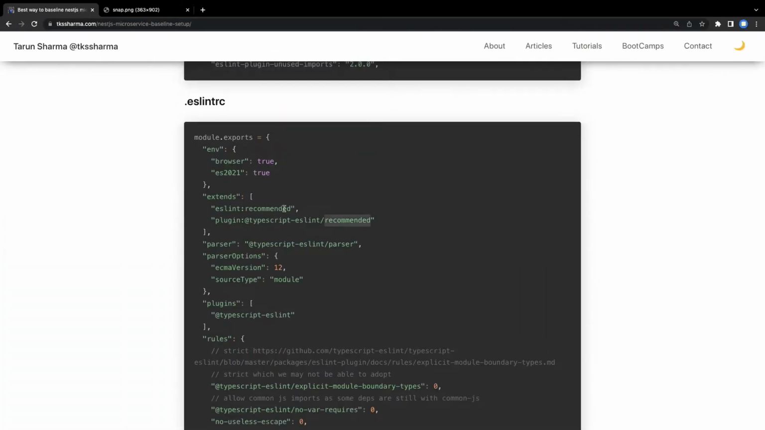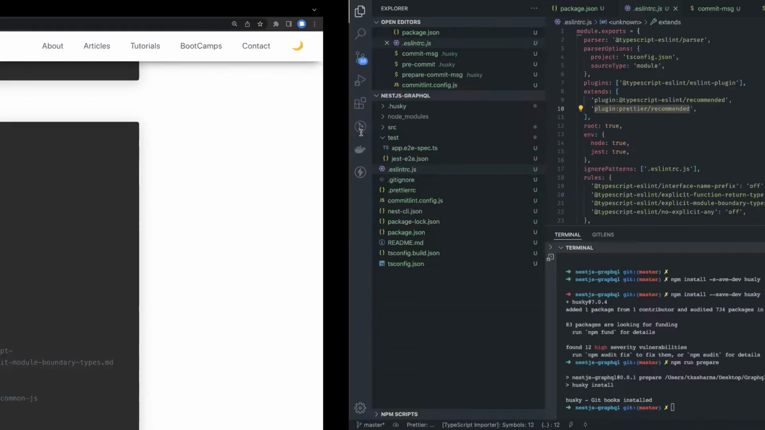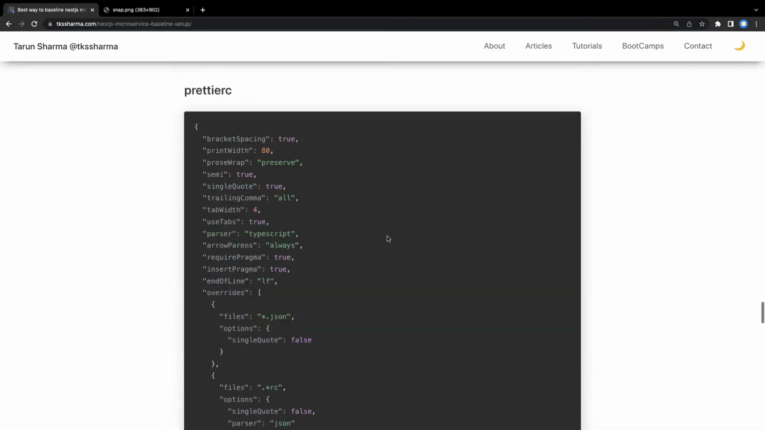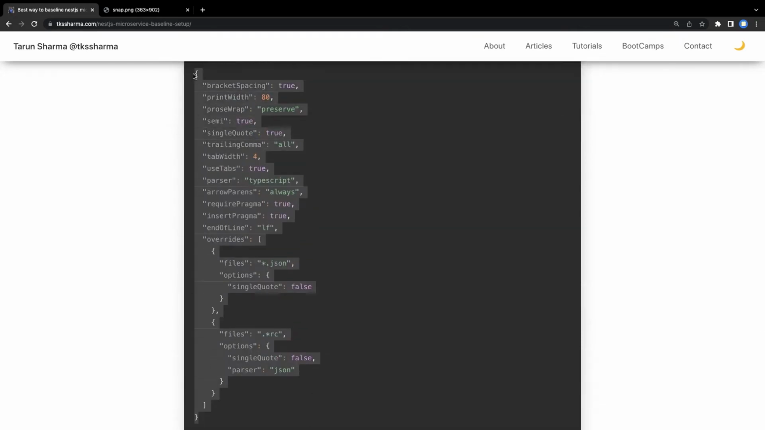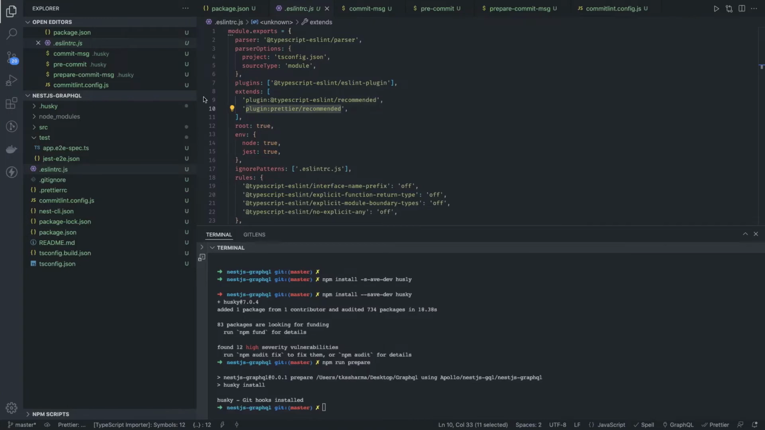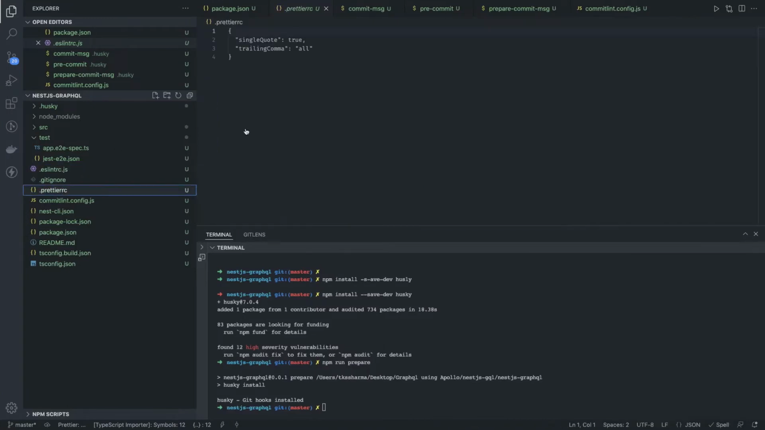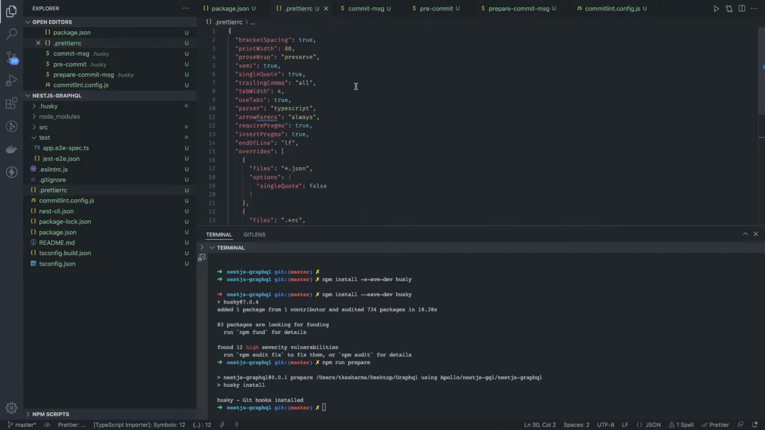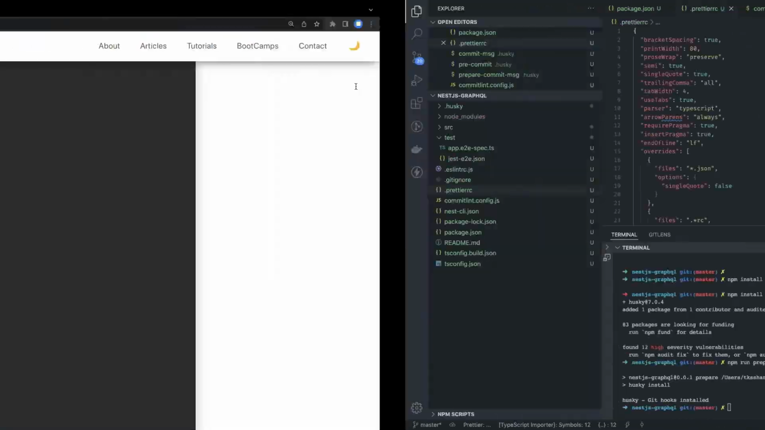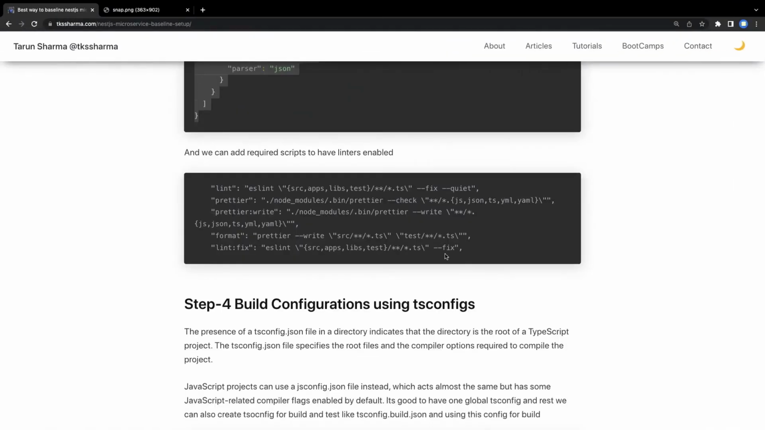We are using recommended and eslint recommended, and we are also using the prettier recommended. Okay, now prettierrc, this is the file which we can introduce. These are the common prettier configurations. We can add some more. These rules will override some standard rules provided by the eslint, and then we can write these standard